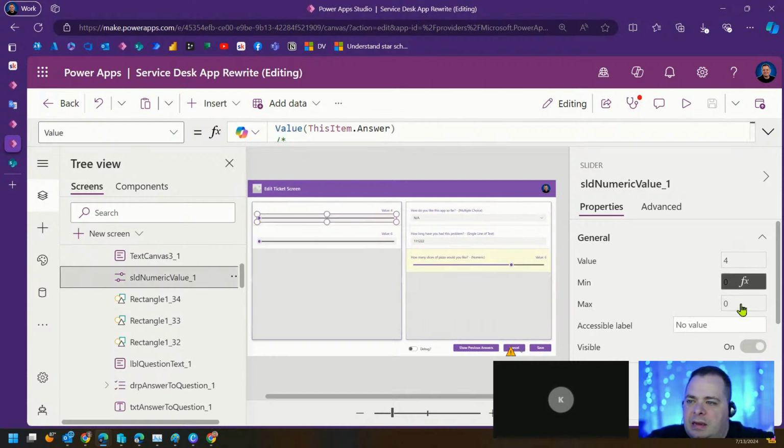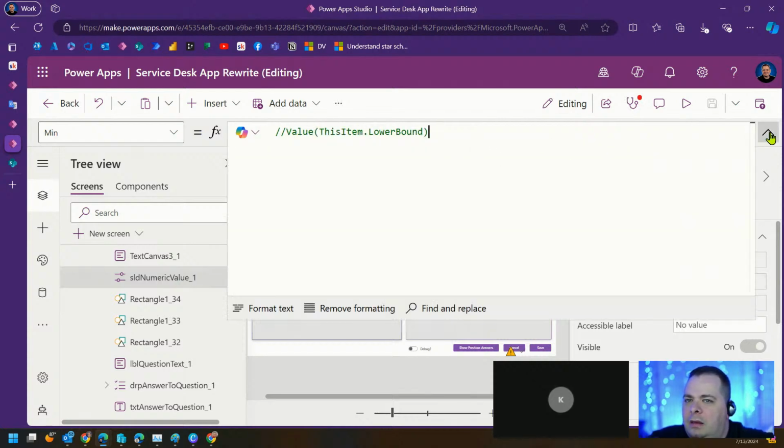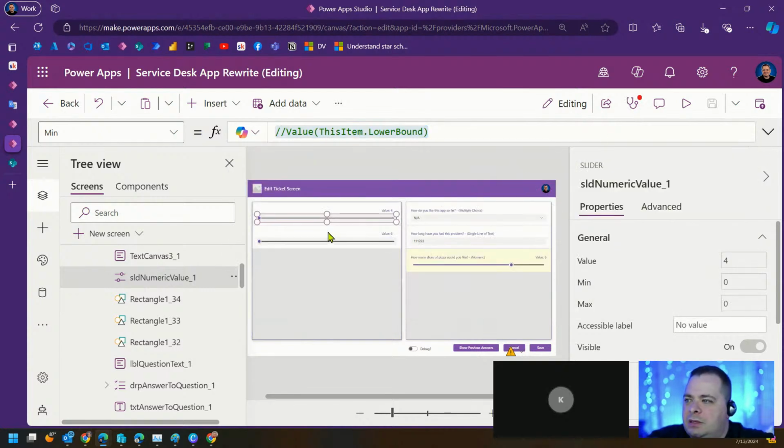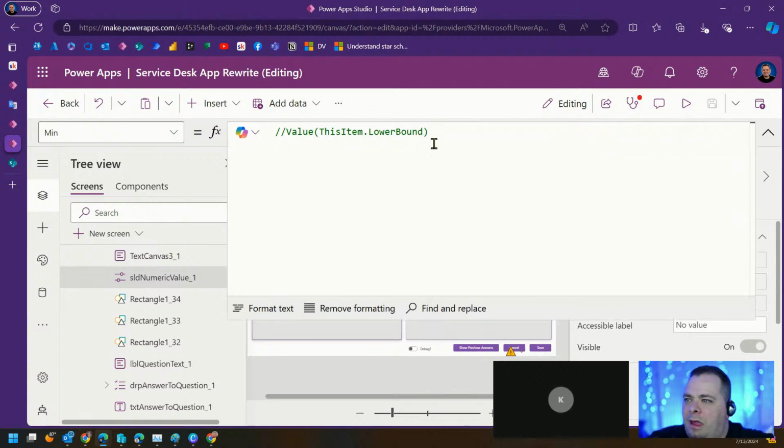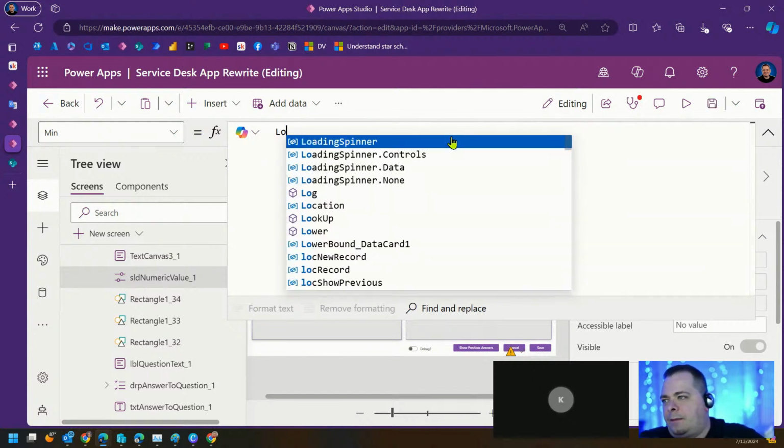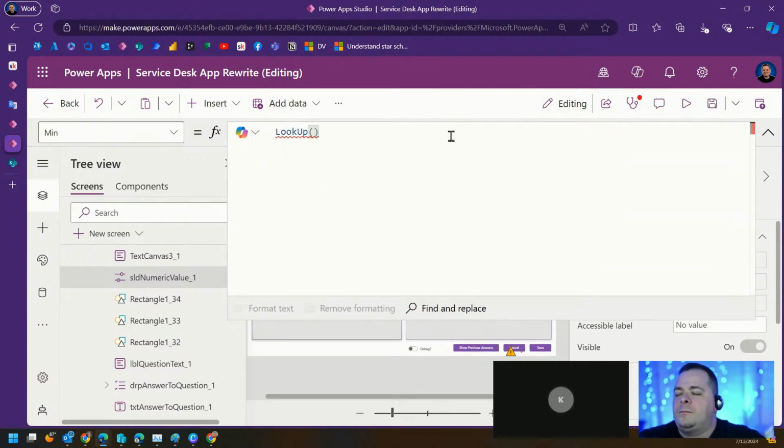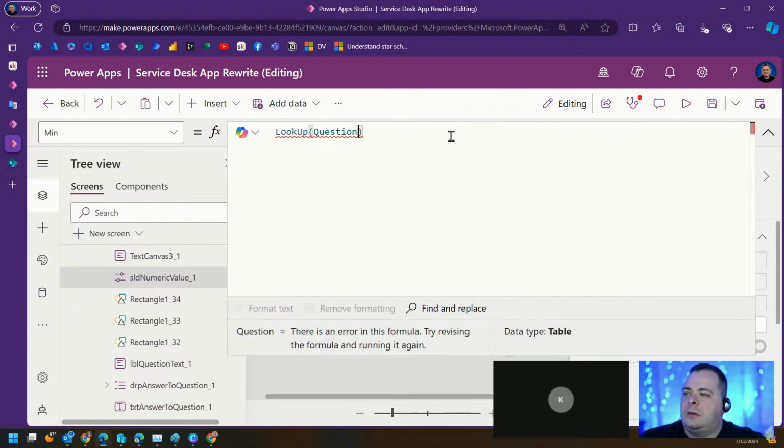And there's no min and max here. Okay. Now a question will have a lower bound and upper bound. So what we should be doing here, the minimum, we need to go do a lookup on the question, and we need to go look at